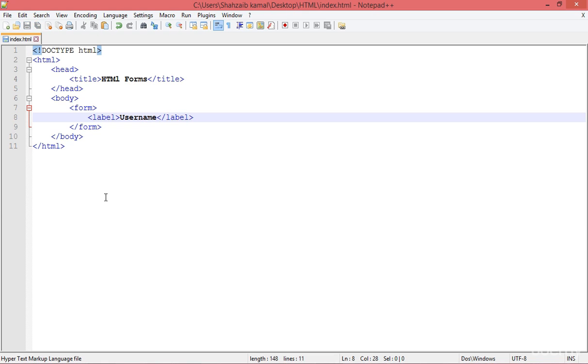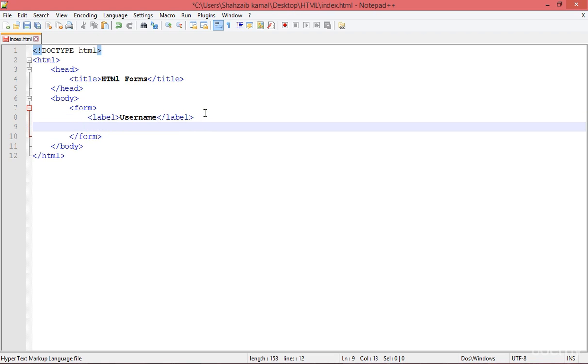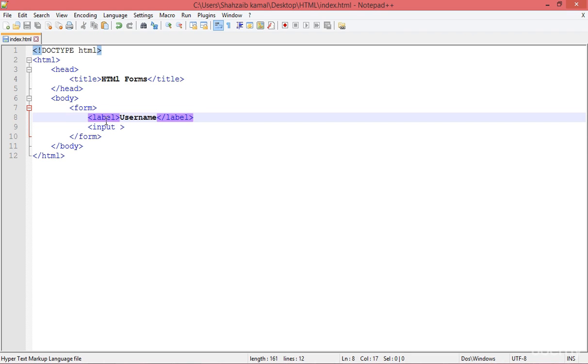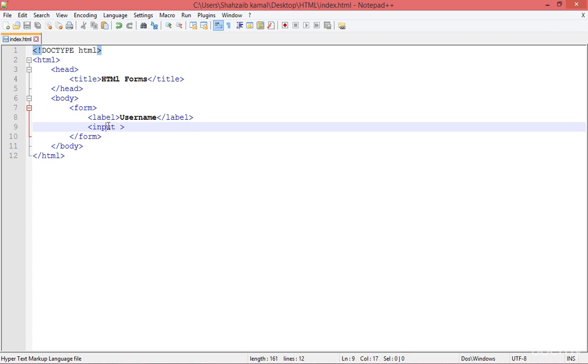Now save. Well, this is nothing. Just press enter and create the input tag. This is the main thing of the form. The label is nothing but a simple view about what you are putting. I'm just putting the input there, so I put the label first to connect both of them. By the way, this is the input tag, which is an empty tag basically,